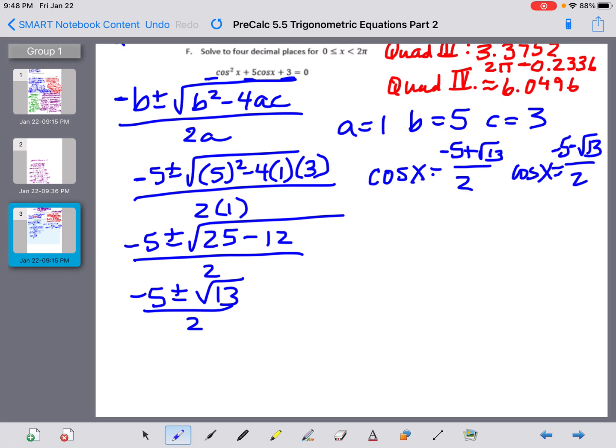So negative 5 plus the square root of 13, make sure you close that parenthesis, divide by 2. And in this case, cosine x, 4 decimal places, guys, is negative 0.6972. On the other side, cosine x, negative 5 minus the square root of 13 divided by 2, and I get